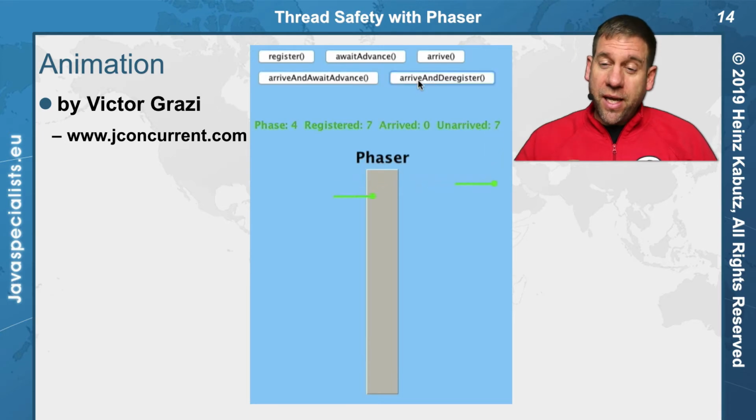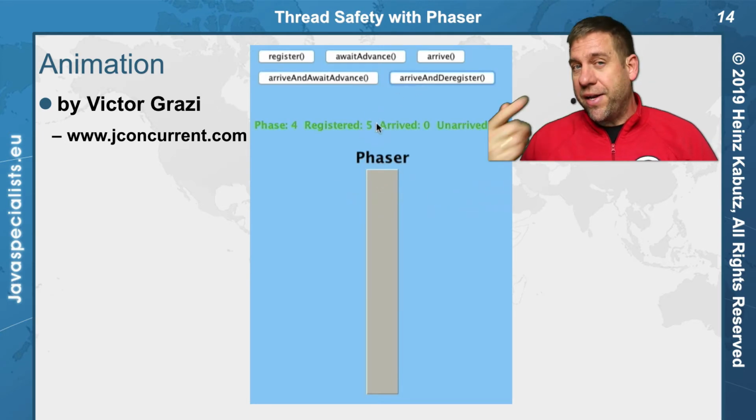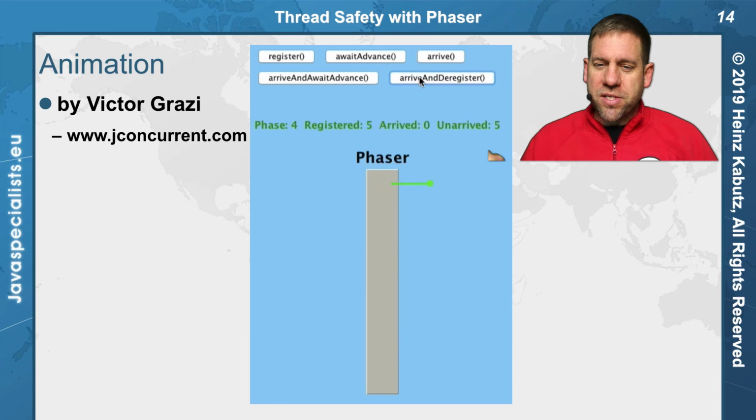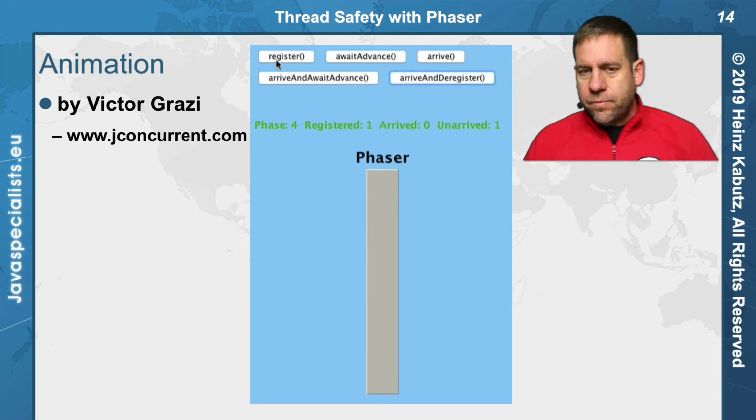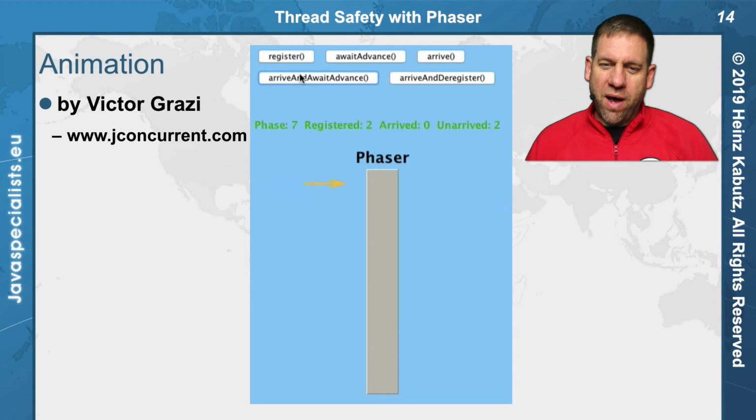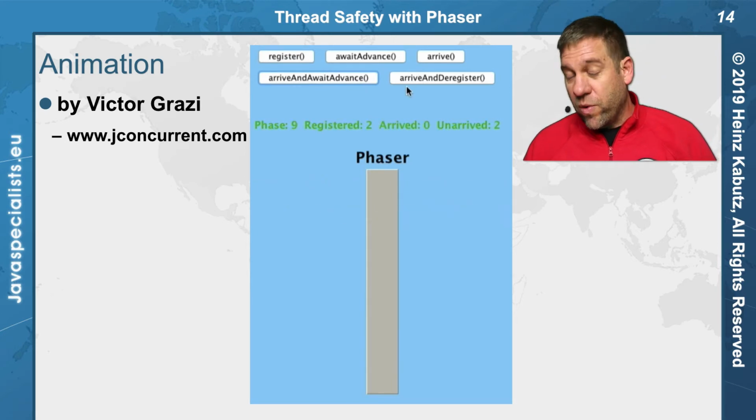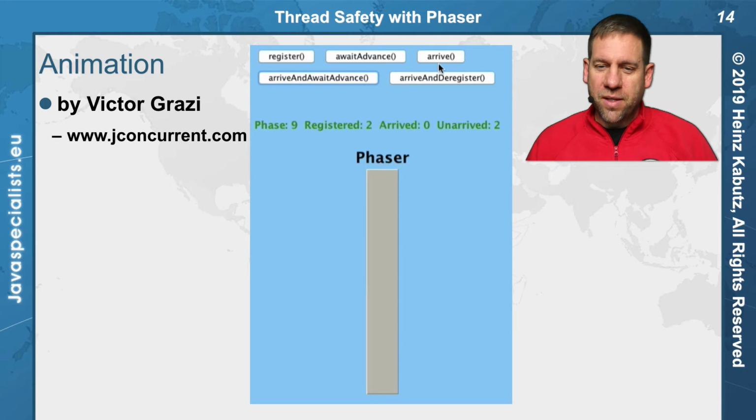So I can change the number of threads. If I want to decrease it, I actually have to call arriveAndDeregister. There's no deregister as such. You have to arriveAndDeregister at the same time. And now I've got, for example, only 1 thread. So of course, whenever I call arriveAndAwaitAdvance, it's there immediately. With 2 threads, the one will have to wait for the other one to arrive. All right, let's try